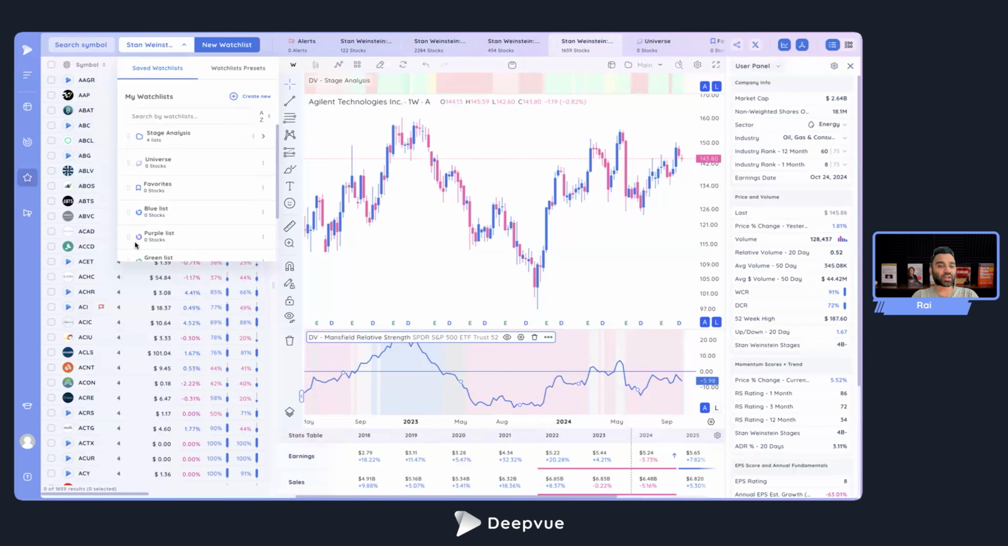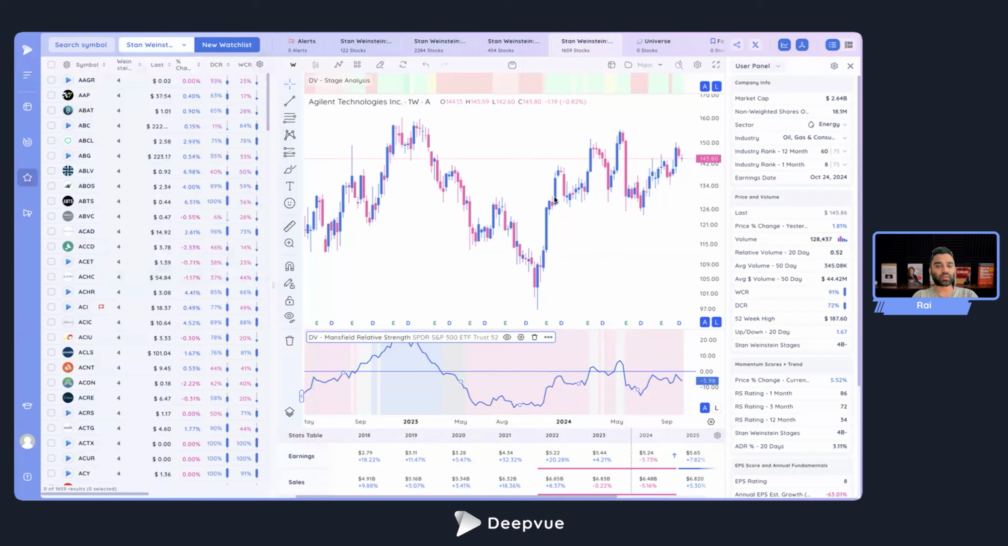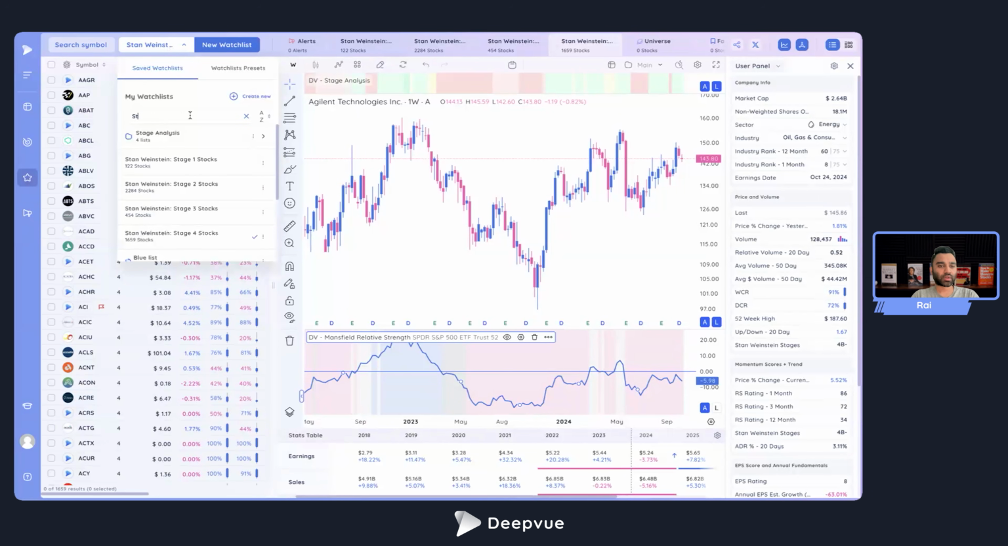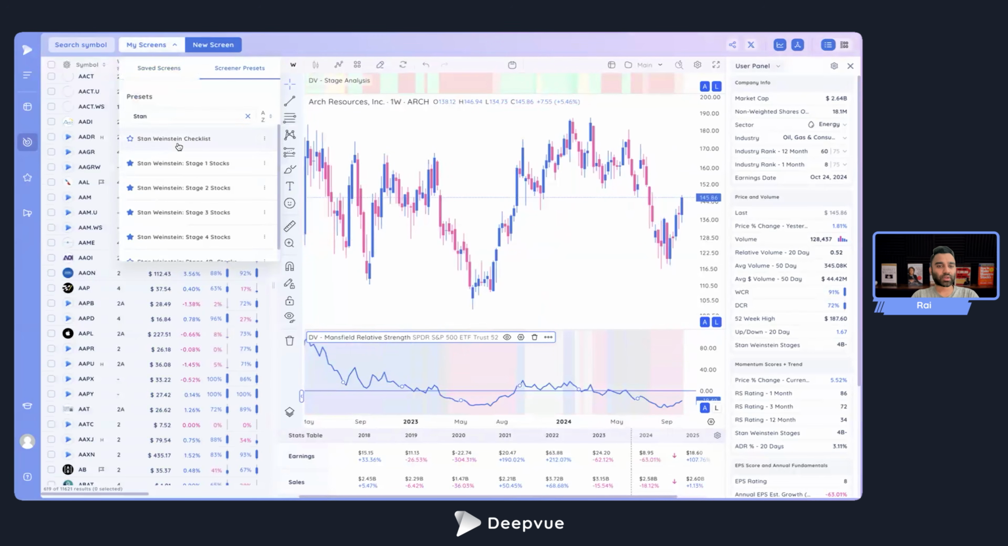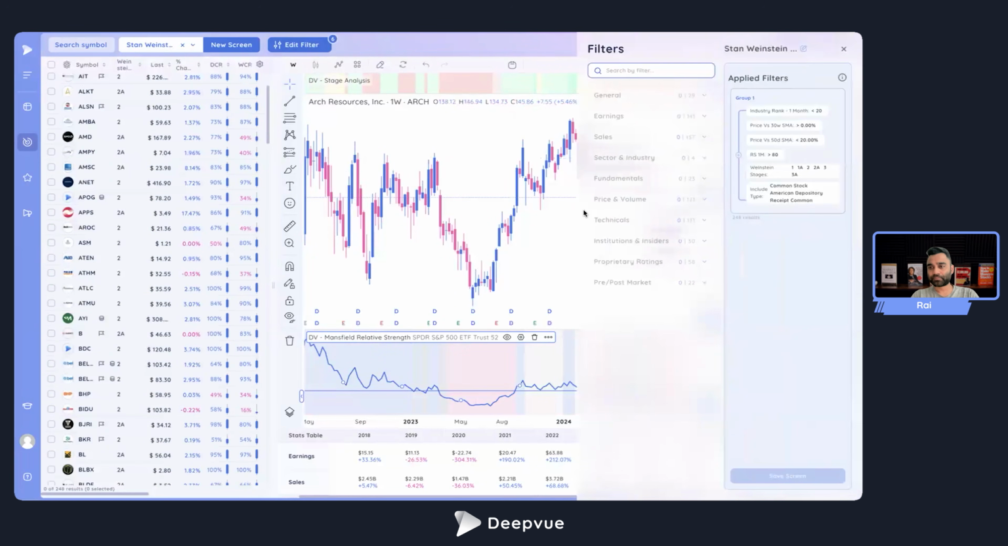What is the Stan Weinstein checklist in the screener preset? So if I go to the Stan Weinstein checklist, I'll take a look. Screener right there. Checklist. We do not have a description attached to this, which is not good. We'll get that description attached. But I think, yes, now I remember. So this is based on one of the checks,